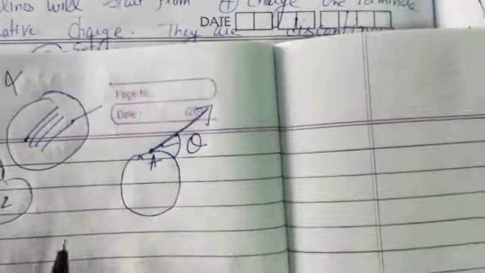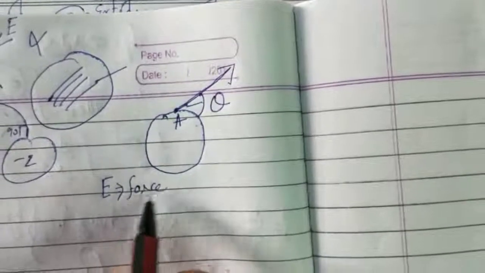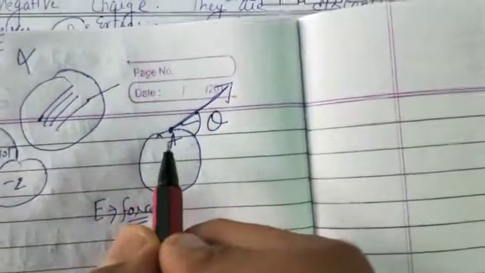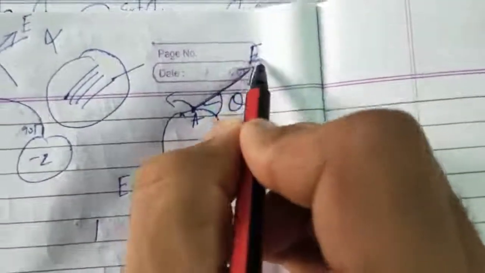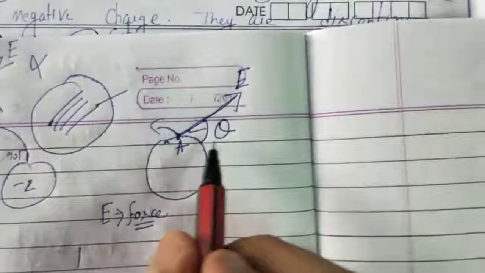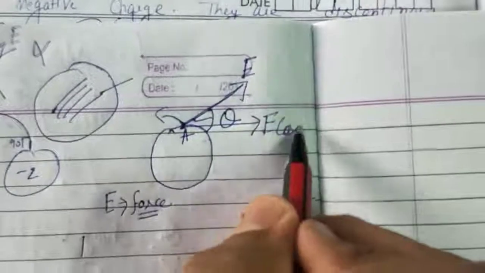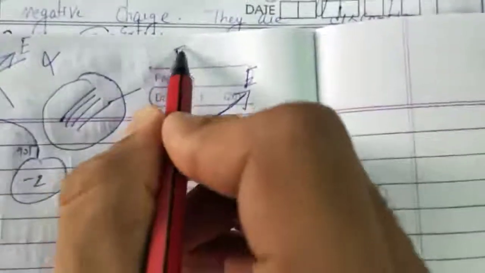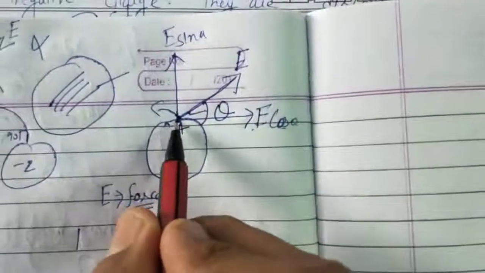That means the electric field will apply a force on the charges present here. But we know that in reality the charges are not moving. Suppose the electric field is leaving at theta, so it will have two components. In this direction it will have E cos theta, and in this direction it will have E sin theta. So this E cos theta will apply a force on the charge that is present here.